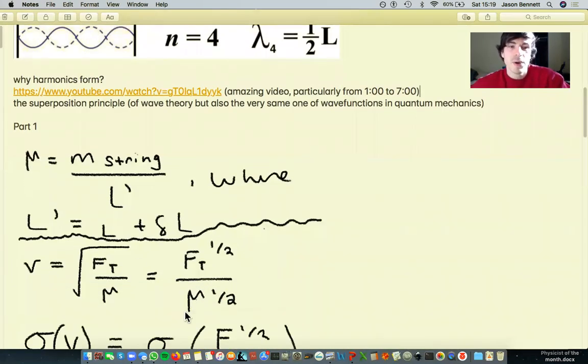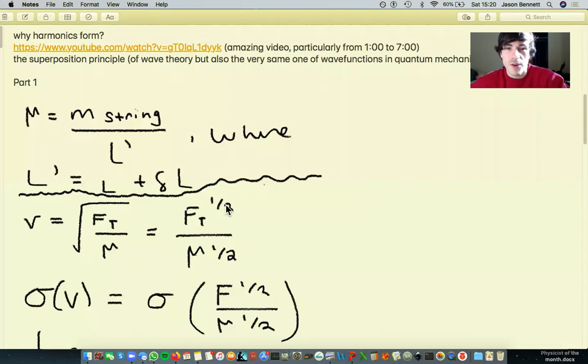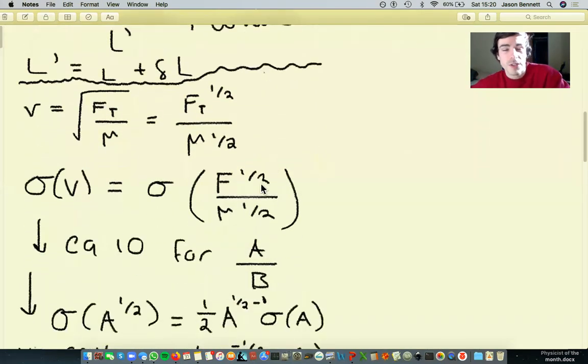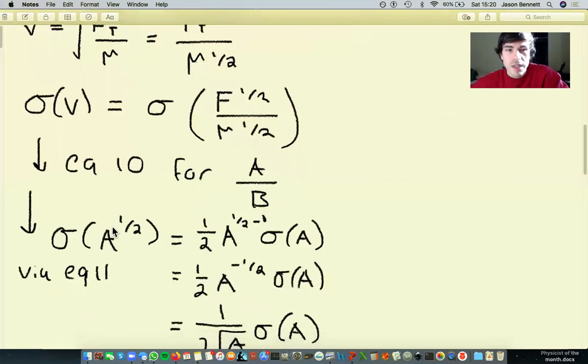So as opposed to just an A over B quantity, we are propagating the uncertainty from an uncertainty of A and an uncertainty of B. Now we've not only got exponents, but they're different powers of exponents. The first step, since this is still a fraction, is to use equation 10 from that error PDF that we've been using. However, you are also going to use equation 11, which tells you that if you have an uncertainty in A,